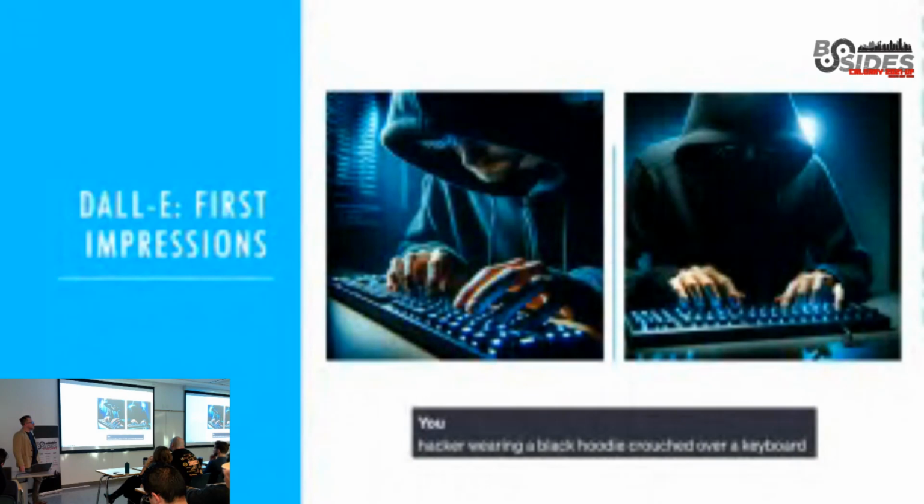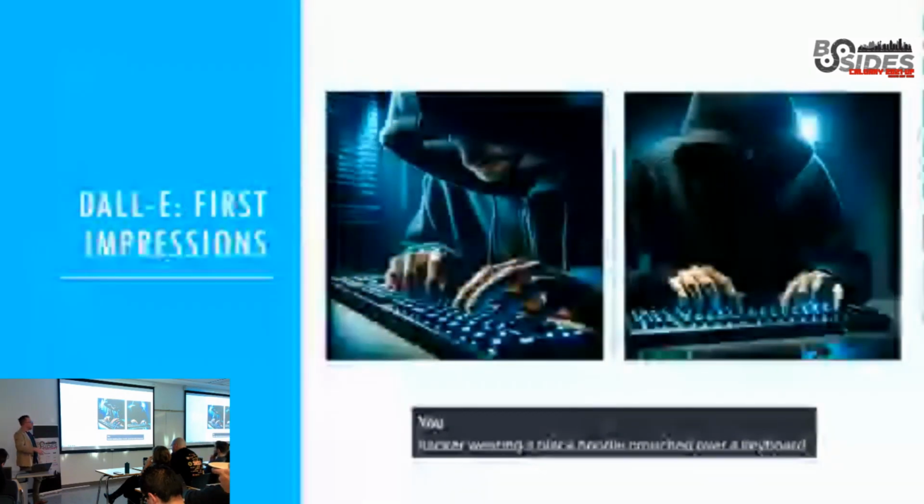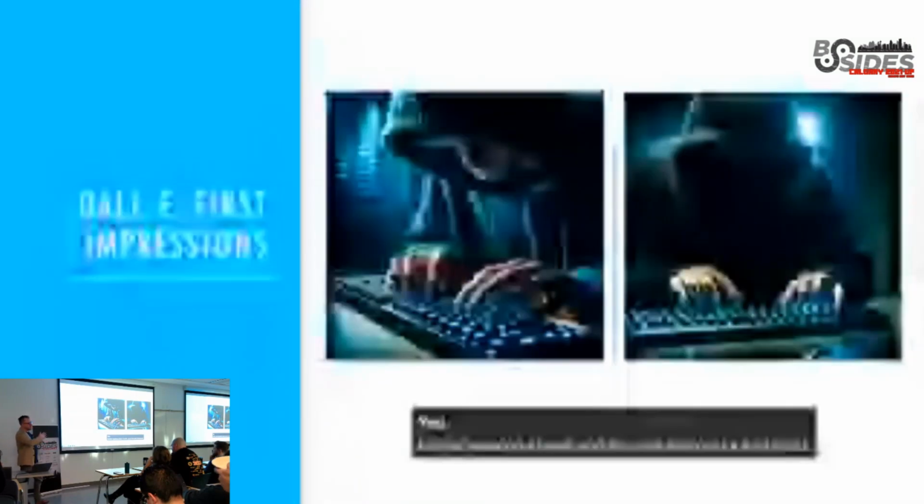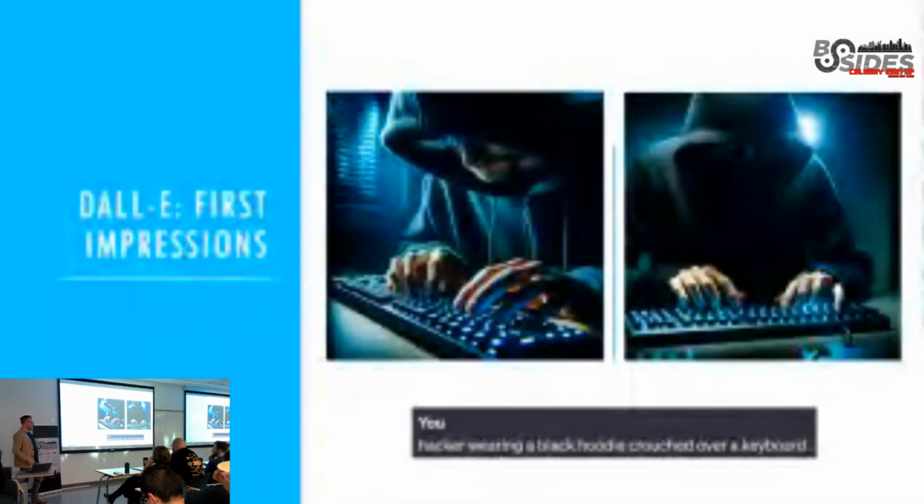It's a question. DALL-E is a module. So there's ChatGPT, and then they've added a bunch of different purpose-based modules, and this is their image creation module. So now you can just say, give me a hacker wearing a hoodie at a keyboard, and it'll create an image for you. So you can really create AI-generated images for anything you want to do. I have a couple examples later.